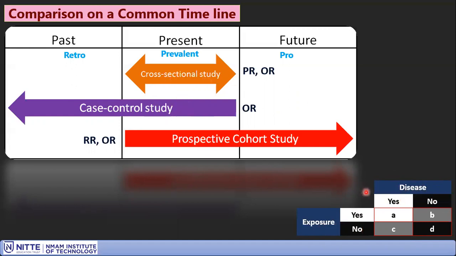Now in the cross-sectional study, it starts from the middle here. The subject is asked the question whether you have the disease, and will answer yes or no. Then exposure, whether he was exposed to a particular condition. For example, exposure means smoking or no smoking. For example, disease, cancer present, cancer absent. That kind of question you can ask. So if he says disease yes and exposure, he had smoked earlier, you go directly to this cell. Similarly, based on yes or no answers, he will be assigned to any one of the cells in the table, either A, B, C or D.